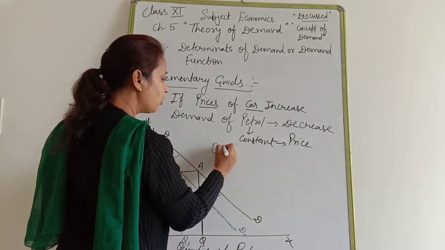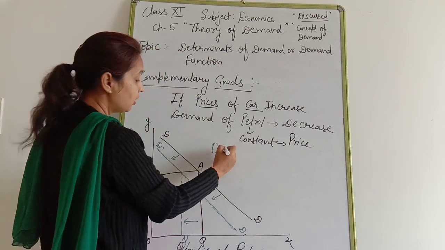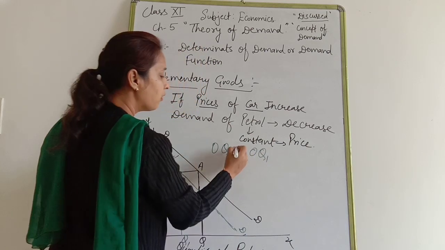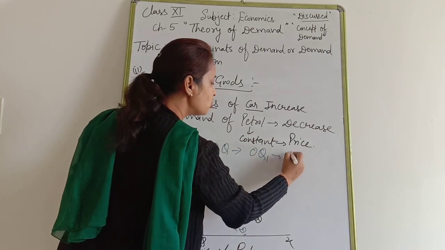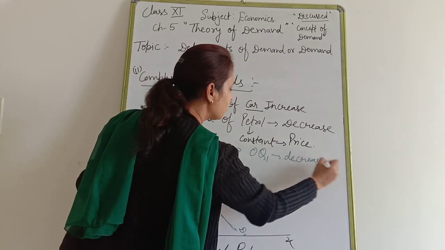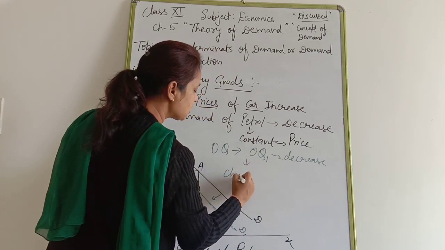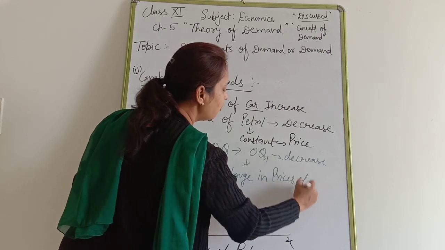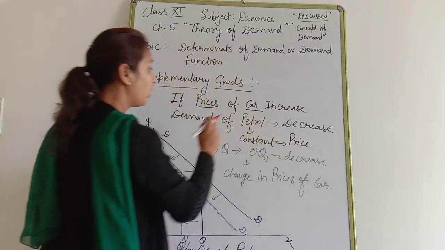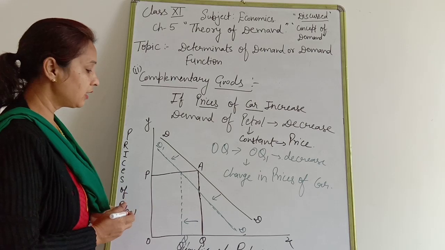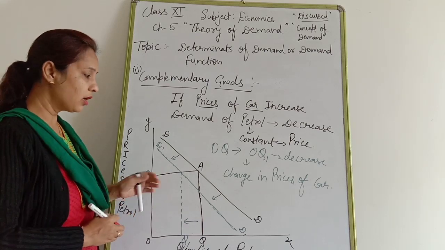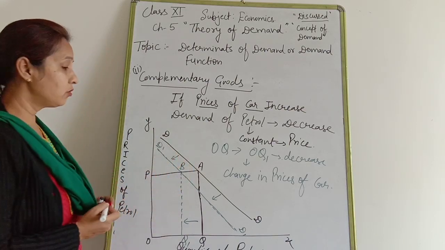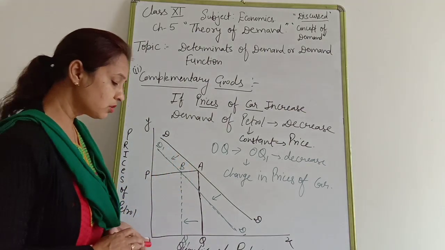So the demand of petrol decreases from OQ to OQ1. Why? Because the price of the car increases. Because of this reason, the demand of petrol decreases. Now we are going to discuss the next type of goods, that are